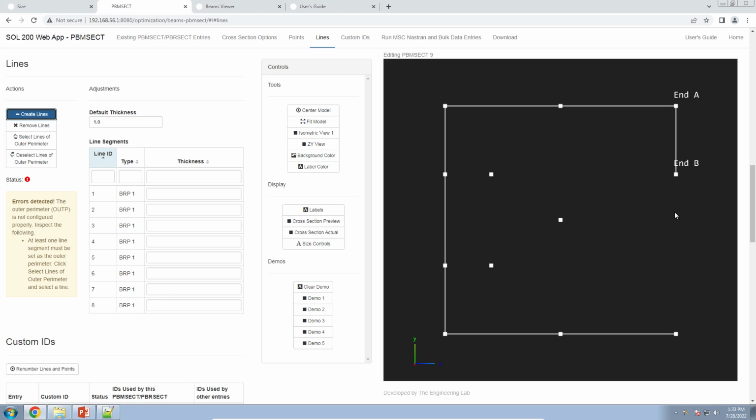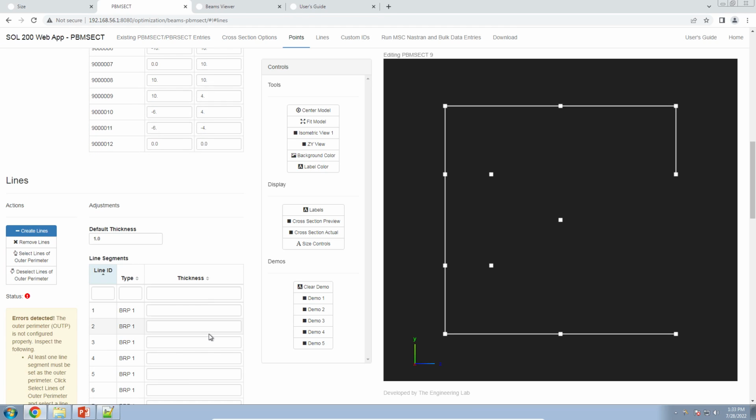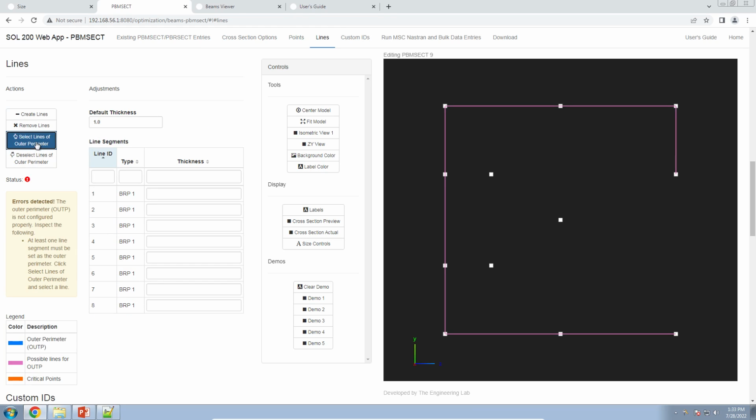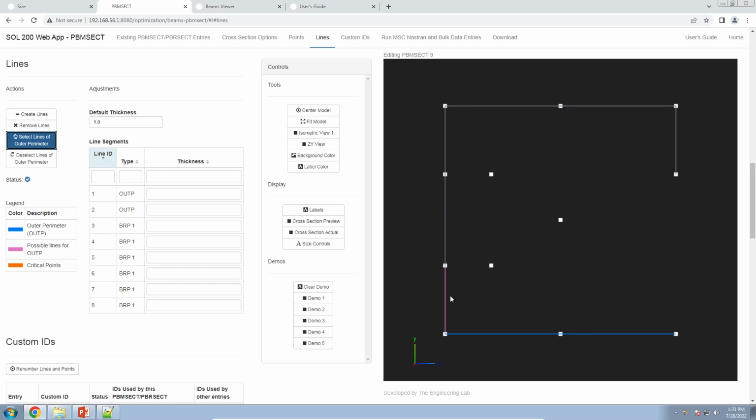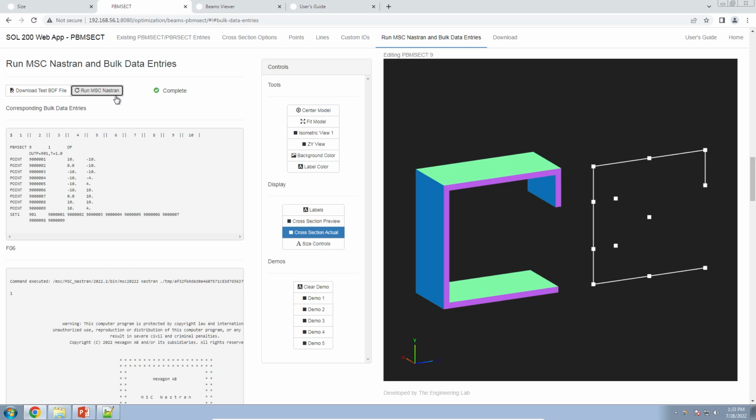And then here, I'm not going to connect these final 2 points. Remember, this is an open profile section that we've defined here in the form field. Now, remember, always click select lines of outer perimeter and make sure that you have defined these blue outer perimeter lines. So now, just to make sure things look good, let's run MSC Nastran and let's look at the final